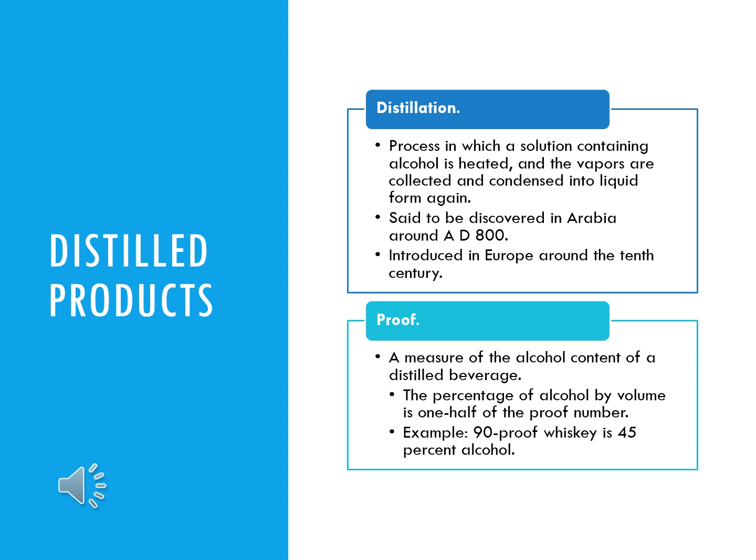So, distilled products. Distillation is a process in which the solution containing alcohol is heated, and then the vapors are collected and condensed into a liquid form again. There's still a lot of debate over who discovered the distillation process and when this discovery was made, but many authorities place it in Arabia around AD 800. In Europe, only fermented beverages were used until the 10th century when the Italians first distilled wine, thereby introducing spirits